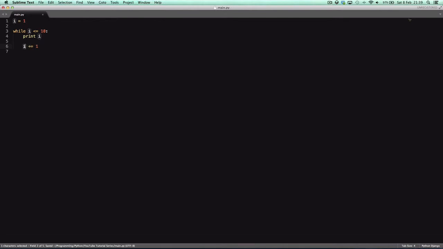So this is basically the same as saying I equals I plus 1, or I equals I take away 1, or I equals I times 1, I equals I divided by 1, and so on. But we want to add a value to I. So I is 1, while I is less than or equal to 10. It's 1, it's less than 10. It will say, okay, I is 1, we want to print I, add 1 to I, it will become 2, then